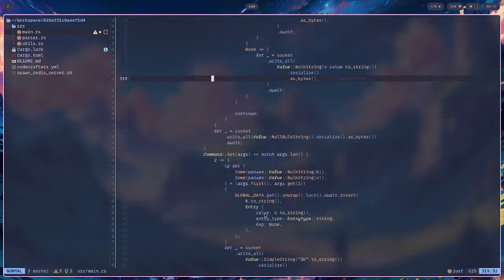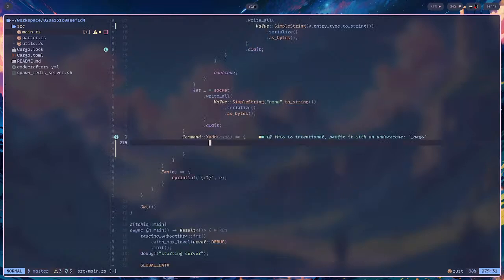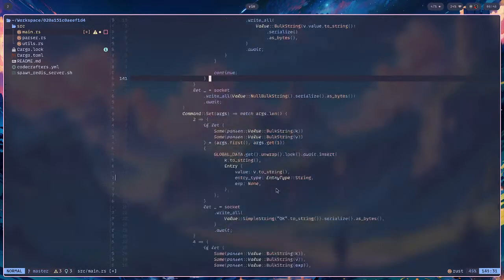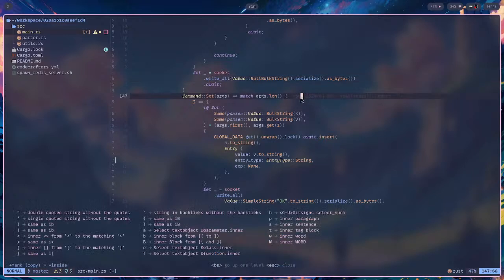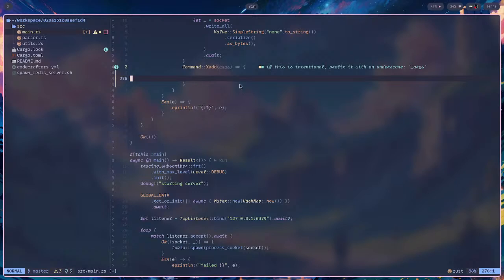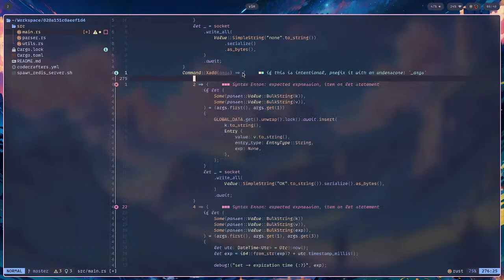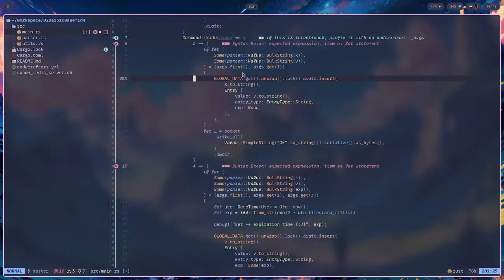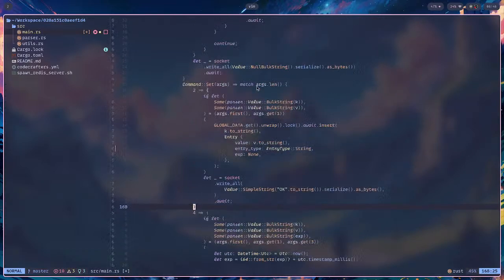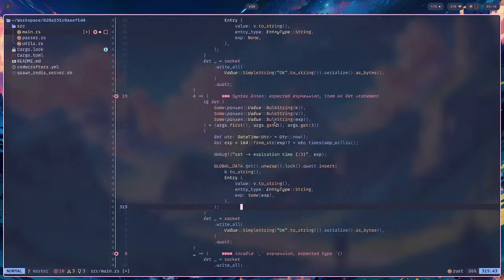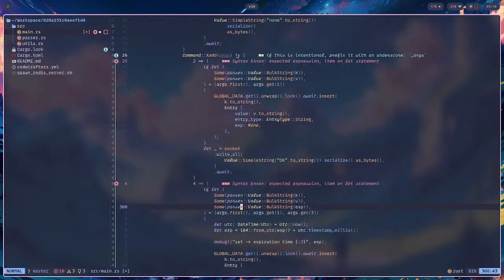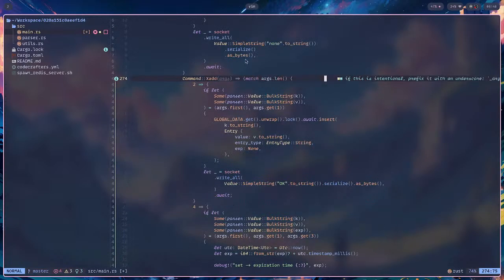Command get set no. Also need that. That's probably not the most efficient way of working, but